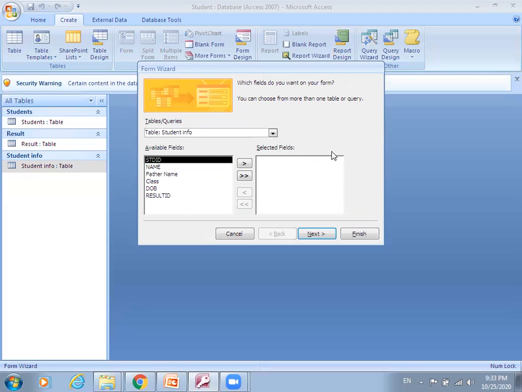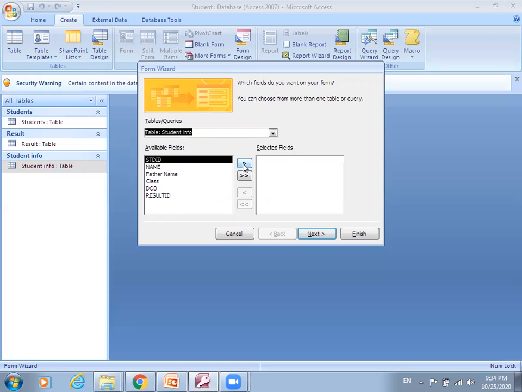So in the Form Wizard dialog box, select the student table. Here we have a list of tables and queries. So select the students table. Then you can view the available fields of this table. So here we have angular brackets.